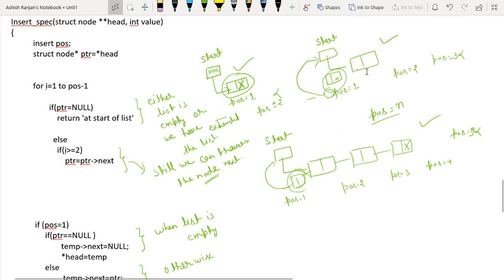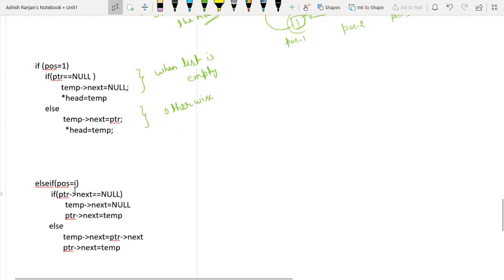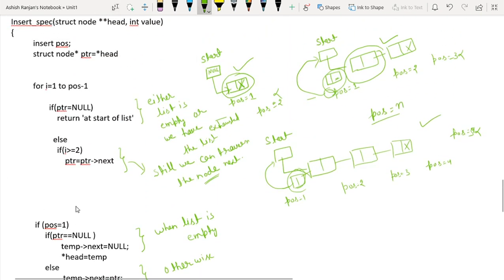So in this case n can be only 2, which means we can store the node at the last only. For this scenario, when I am taking i equal to n, pos equal to i, two things I have done. We have to check whether there is a single node. If there is a single node in the list, then we can insert the node at the last only.